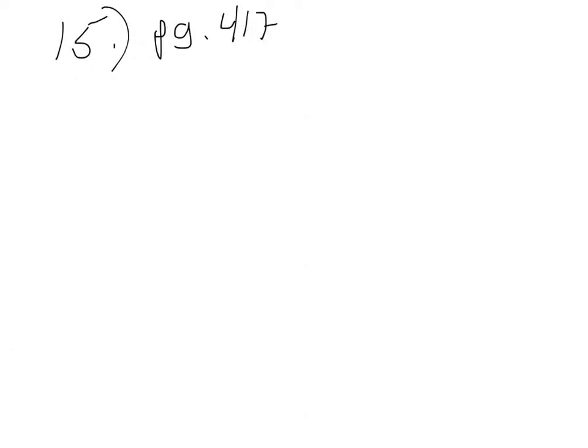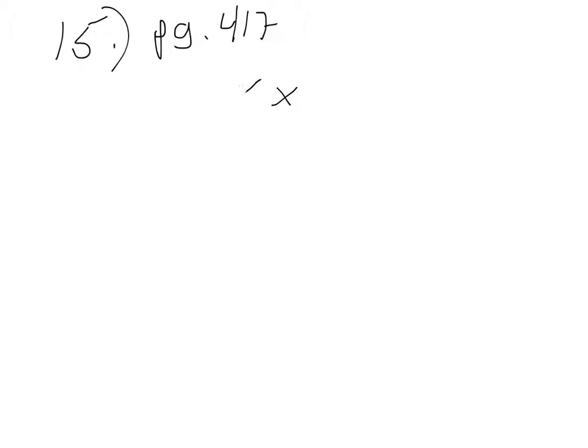Okay, today we're going to start off by looking at question 15 from section 6.5 in your homework last night, which was on page 417. Number 15 says, for what numbers between negative 2 pi and 2 pi does the graph of tan x have vertical asymptotes? So for all of the values of x